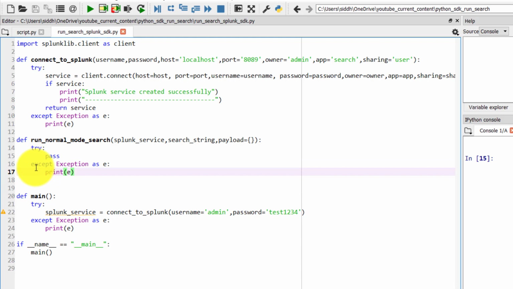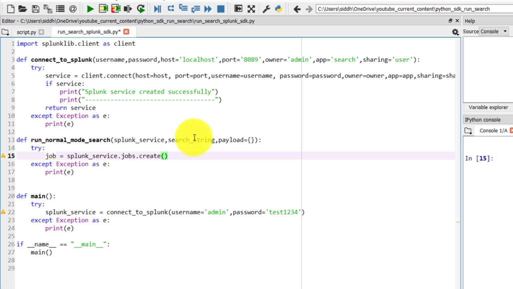Now as I said, in this Splunk service object, let's create a new variable called job. We have splunk_service.jobs, and inside jobs there is a method called create, which takes two arguments.